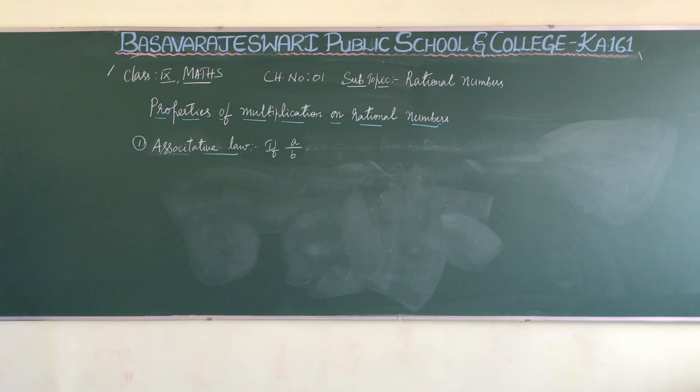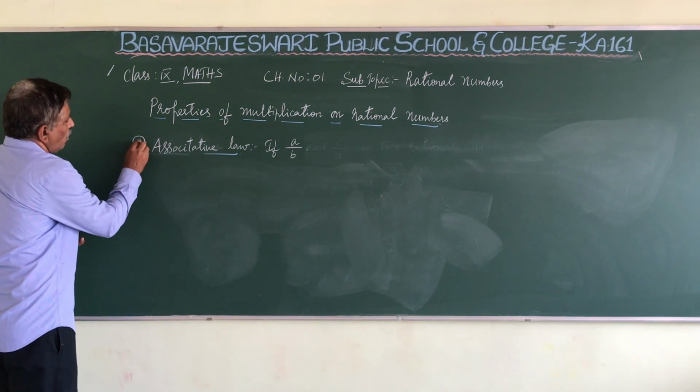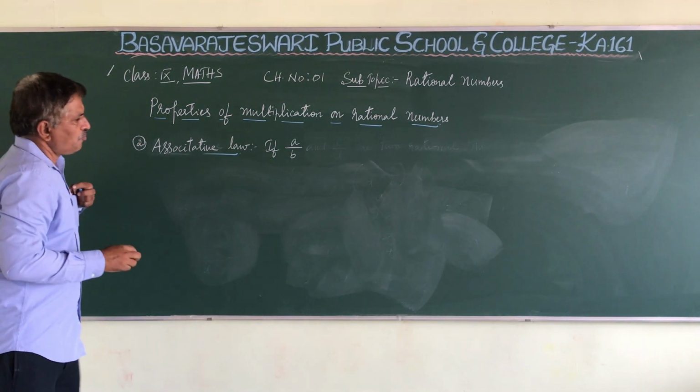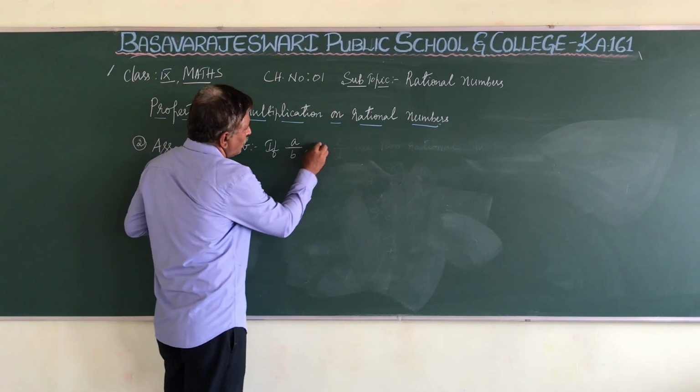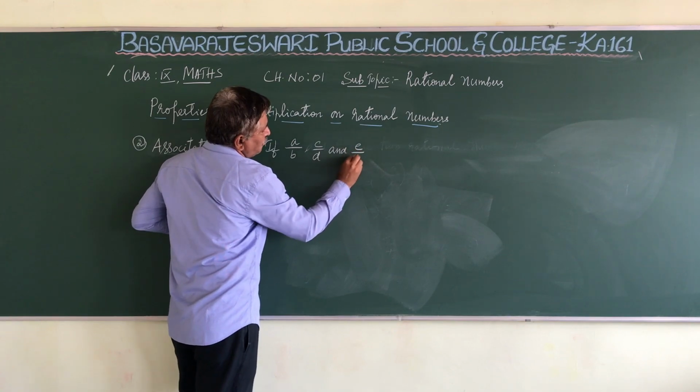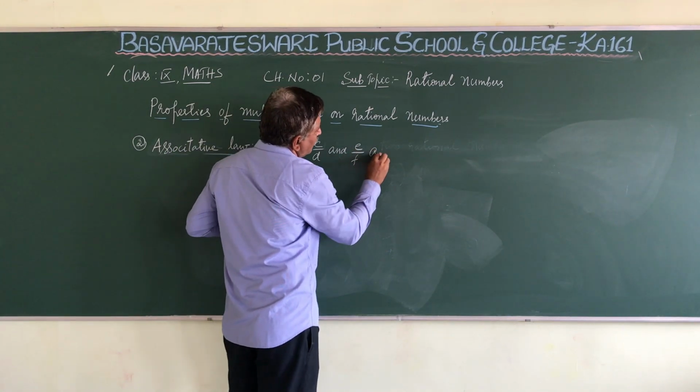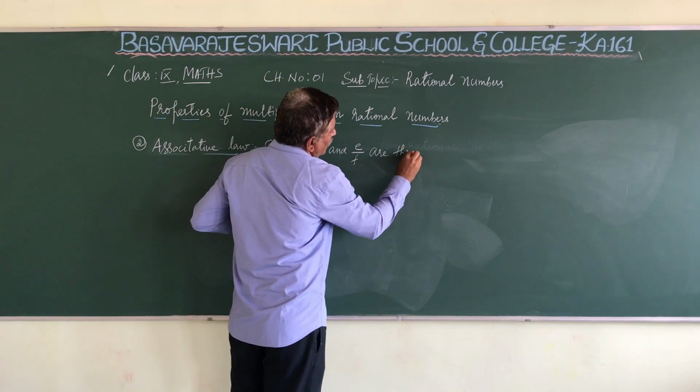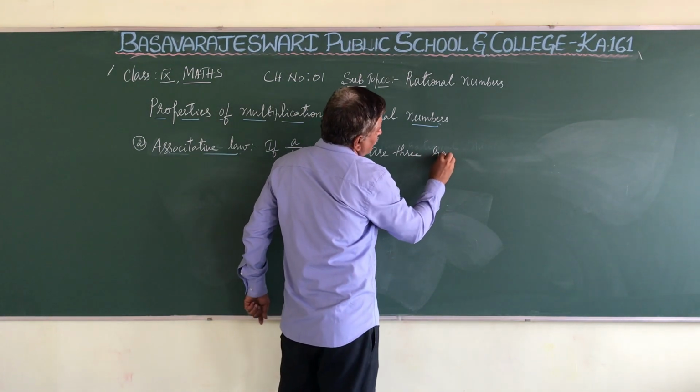Yes, the second property or the second law is the associative law. So if a/b, c/d and e/f are three rational numbers,